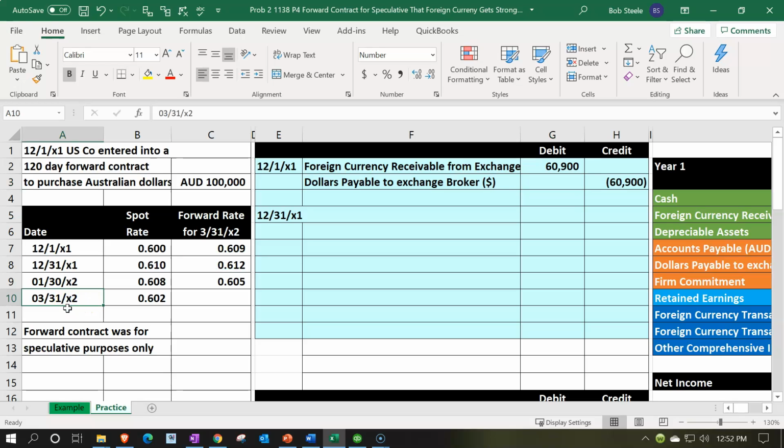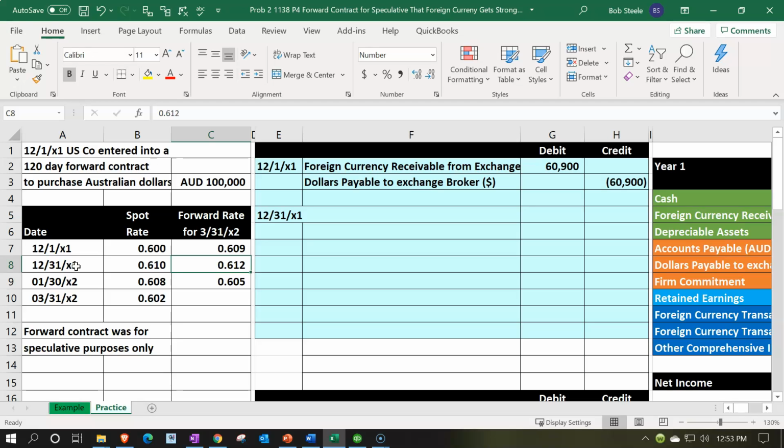What changes is going to be our speculation into the future until we get to that point. So basically, it's at the end of the year now. We're not going to use the spot rate to revalue. We're going to still use the forward rate, but the forward rate has changed because we're closer to the date now. So the speculation has now changed, and we're going to have to mark that change when we record it